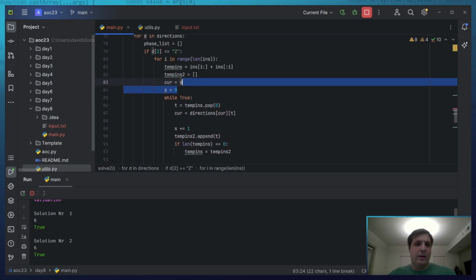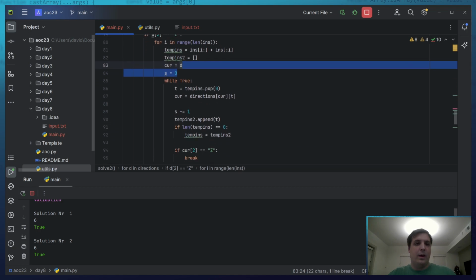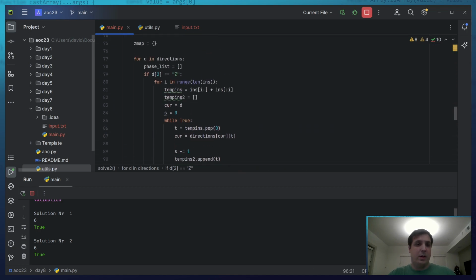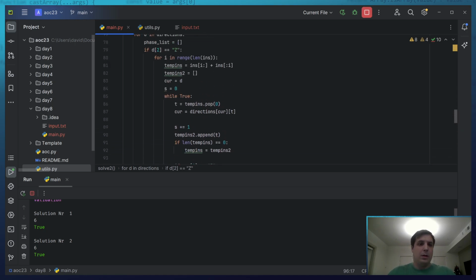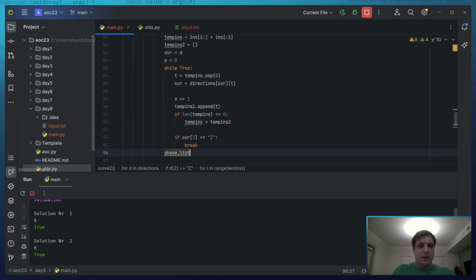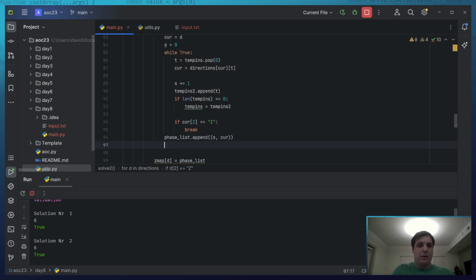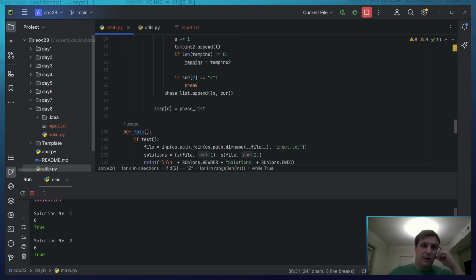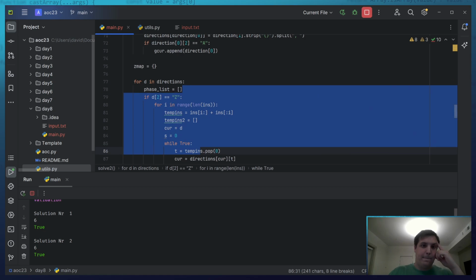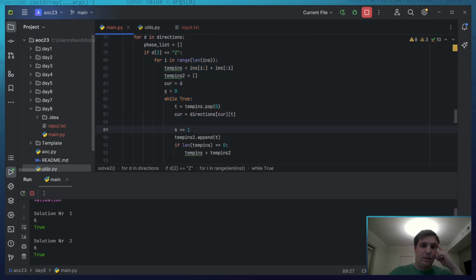I did it with S. We have the count and we have the final location, which is current. So we're just gonna say face list dot append a tuple with the count and the current. And this should make my Z map.